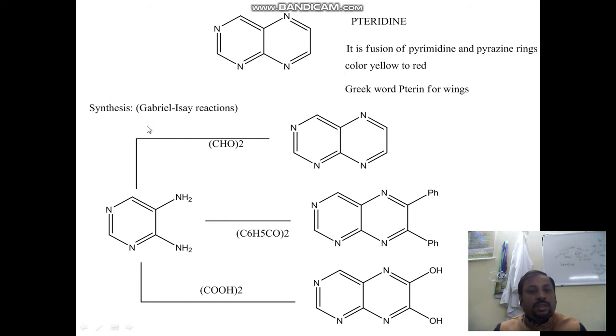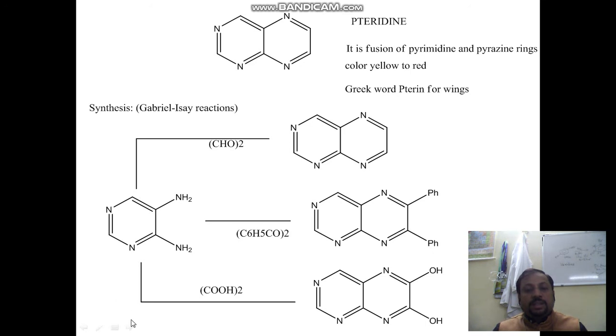Now coming to synthesis, how can we synthesize? Again the same way with the diamine, and we have to take pyrimidine with diamine at the 4 and 5 positions. When treated with a dialdehyde, it will give a pteridine in a quantitative amount. And when this is treated with a diketone, again here we will have a derivatized pteridine, and phenyl will appear. So these methods are very common and very useful for synthesis of this type of quinoxaline and pteridine molecules.